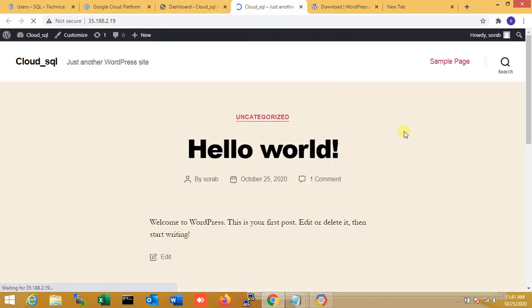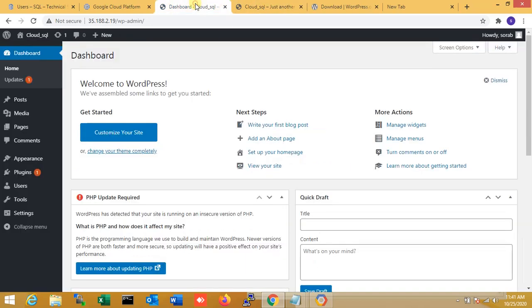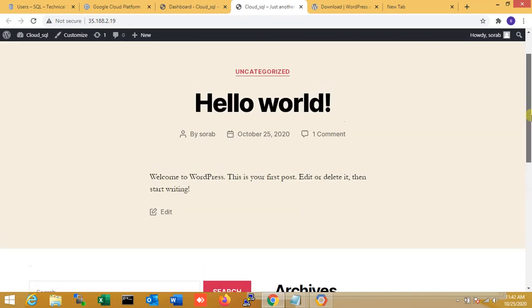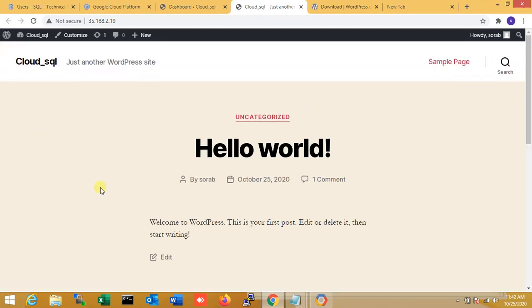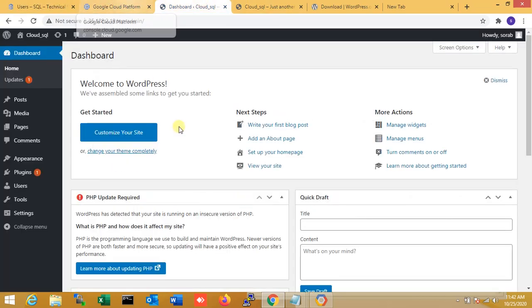Okay, Hello world, that is my WordPress website. So I can see that WordPress is using SQL, here using the Cloud SQL. Okay, so I think this WordPress site is very fast, for the reason that the SQL server is in another place, the SQL server used is Google Cloud SQL, so that's why the website is very fast. Okay, so that's all in this video. I created a Google Cloud SQL and used it here, with a WordPress website on another instance.